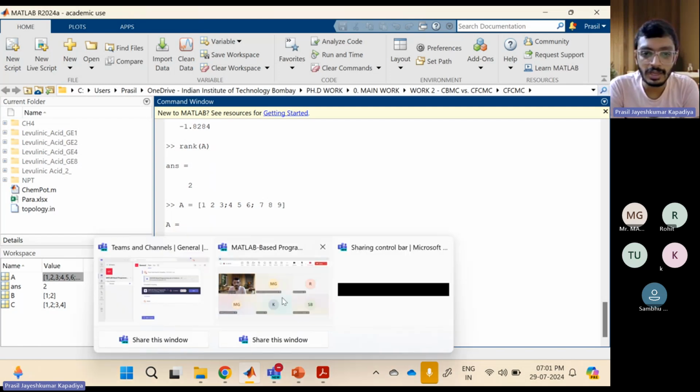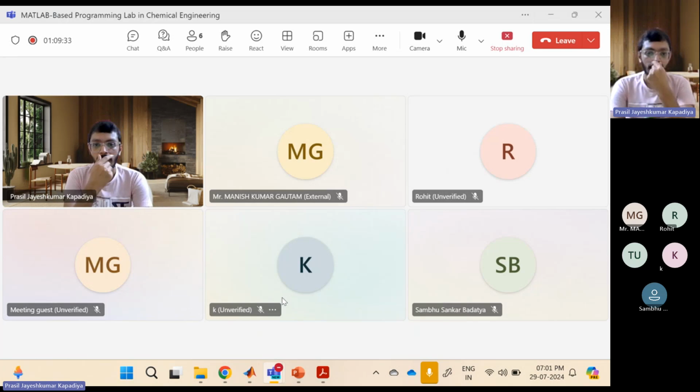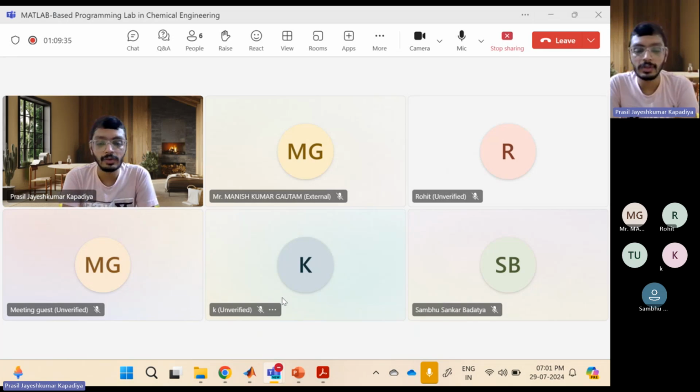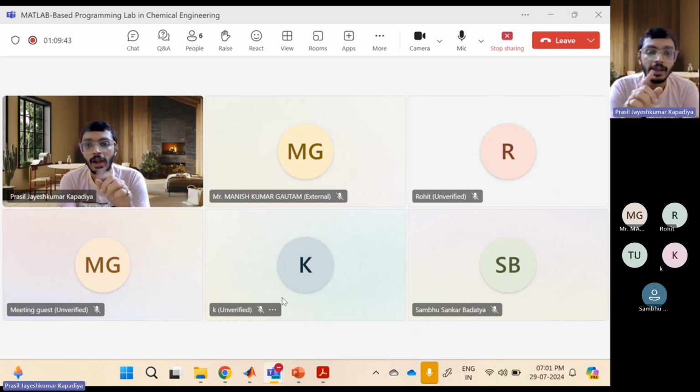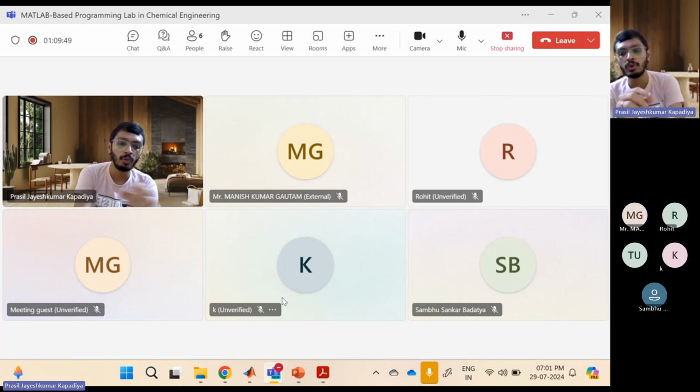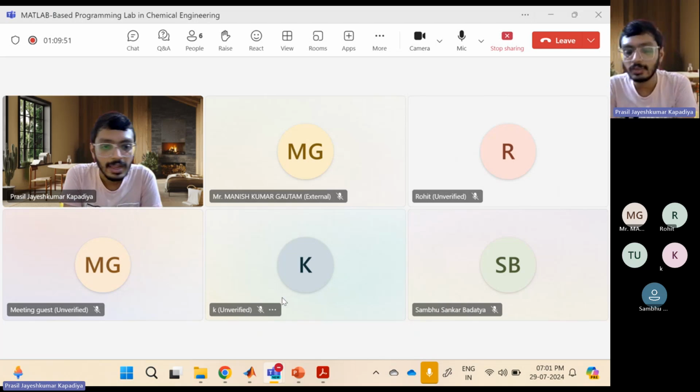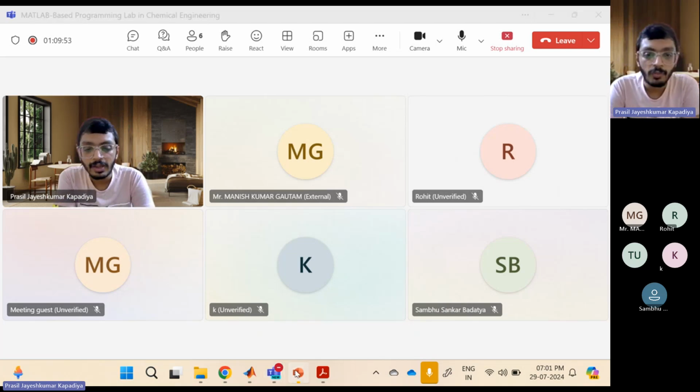This is something that you have done in your mathematics course, but here you don't need to do any kind of calculation. You can just directly call these functions. When you write rank and in brackets the name or symbol of the matrix, it will directly give you the rank of the matrix. You don't need to write any code or do any kind of calculations. Similarly, for this